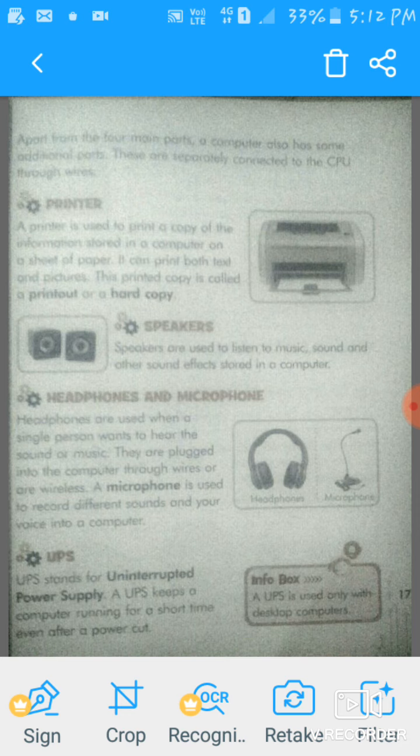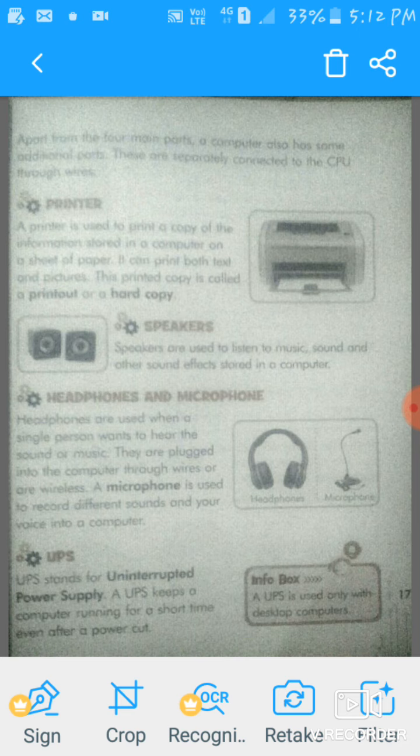Now let's start. Everyone take out your book and open chapter 2 and come to page number 17. Okay, now let's start.